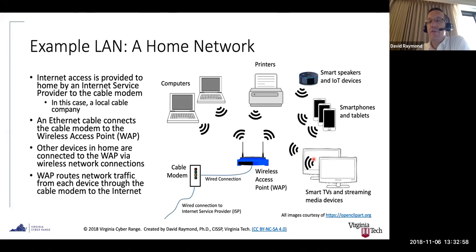And then when the traffic goes from the device to the wireless access point, the wireless access point is going to swap that temporary or internal IP address to the external IP address assigned by the internet service provider, and then that communication can happen out to the internet. And then when it comes back, the wireless access point is going to do the conversion the other way and send the traffic back to the individual device.